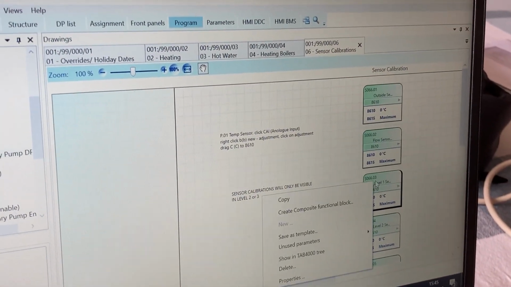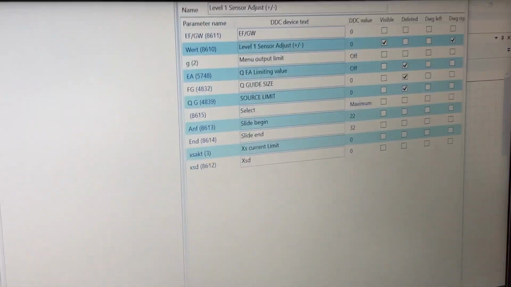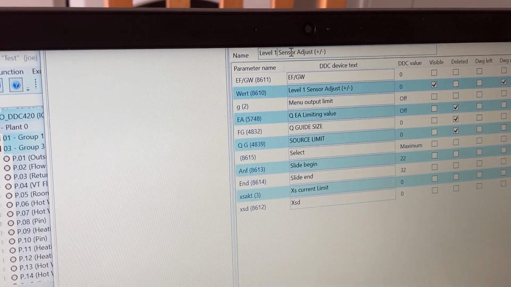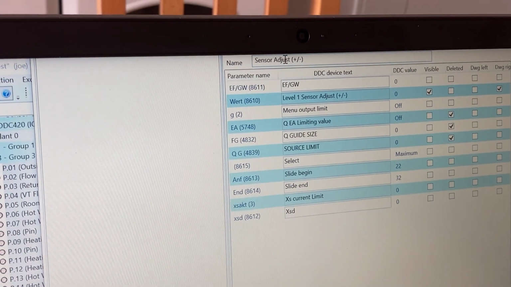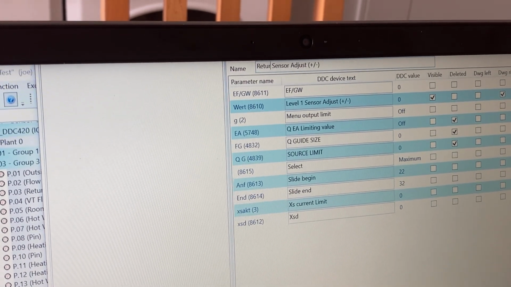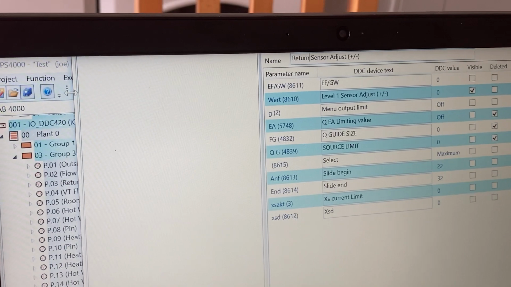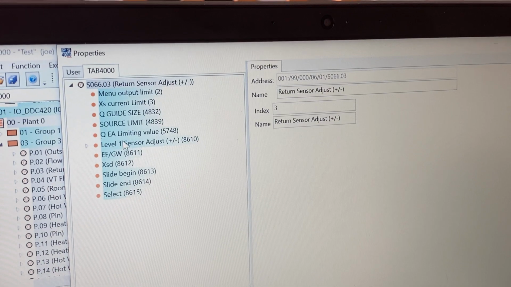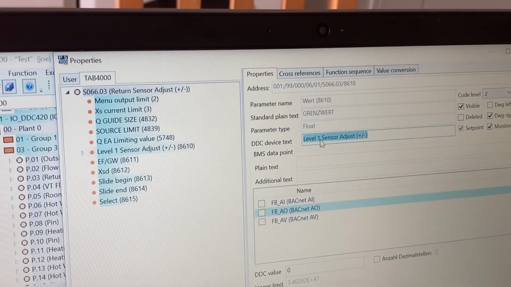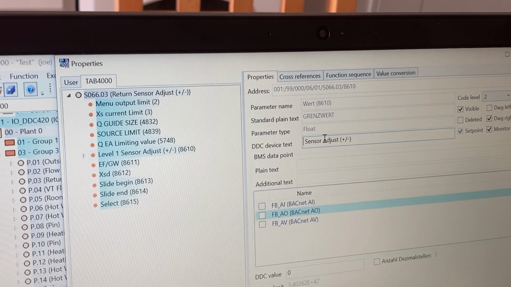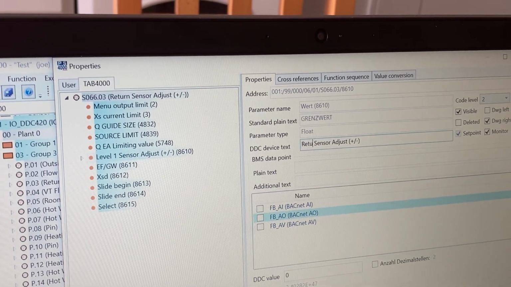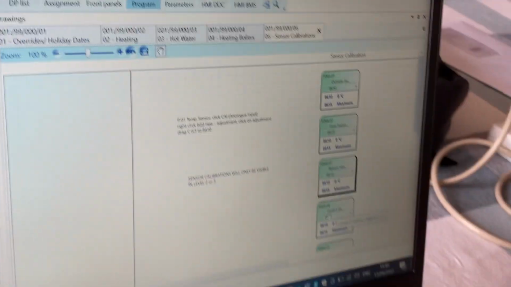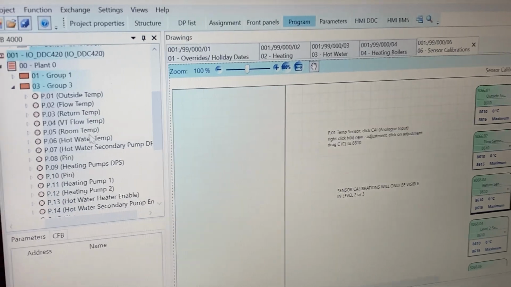So we right click on there, we go properties, and then we go up there and we change that to return. Then we move across here and we go tab 4000, and then it'll say level 1 sensor adjust. We press on there and we change that to return, enter, and then that's done. And then we do the same, we follow the routine down for all the temperature sensors and do the same